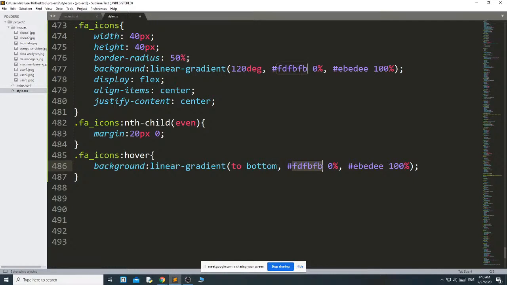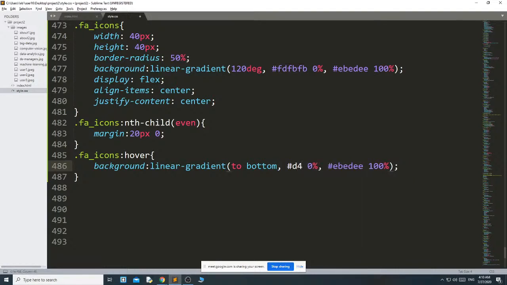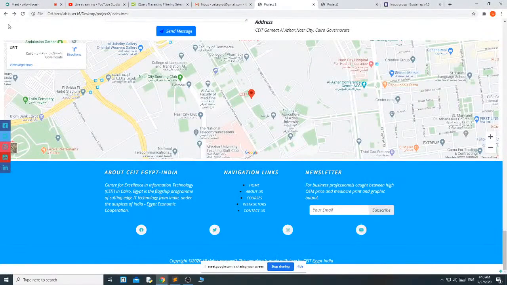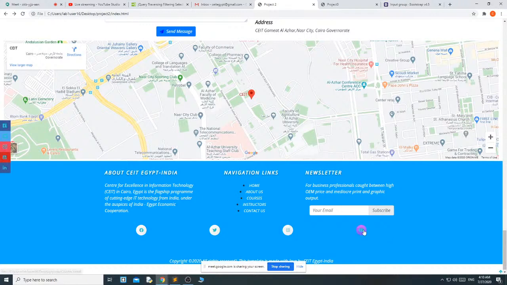Here I just change this to D465EF and this one 615CFD. Let me show you. Okay, once you hover you can see that the color is getting changed.